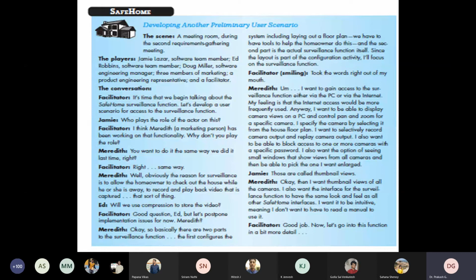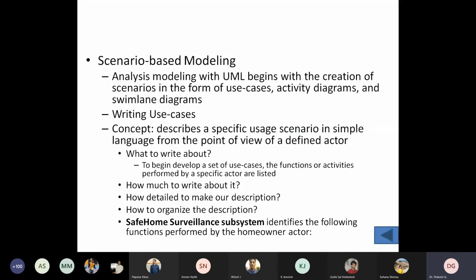Okay, so what is the role of the actor and what they are actually doing. All this stuff we have to discuss before going to the particular design or particular model. That is what we are calling the scenario-based modeling. Under scenario-based modeling, you have to create the scenarios in the form of use cases, as I